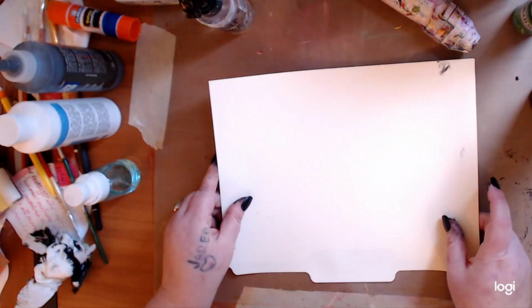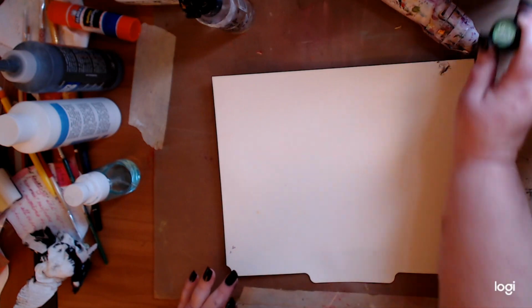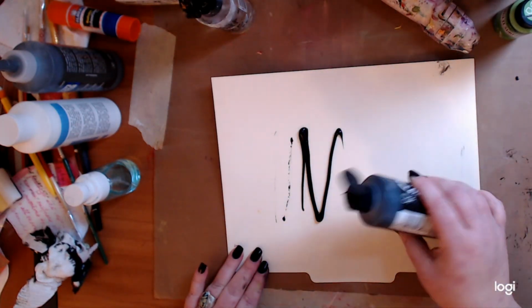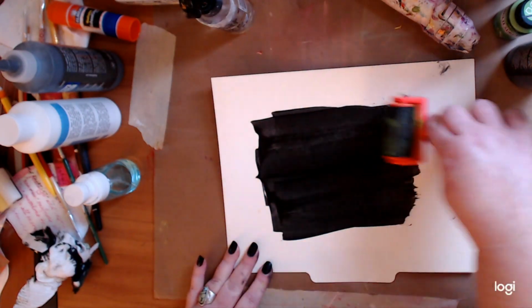Now, if we were to just do this, let's do black while we've got it. I'll just do some black here. And I'm just going to take this and do the same thing, because you see it's sinking into this paper. There's no gesso, there's no...